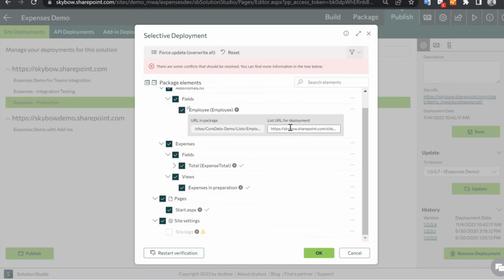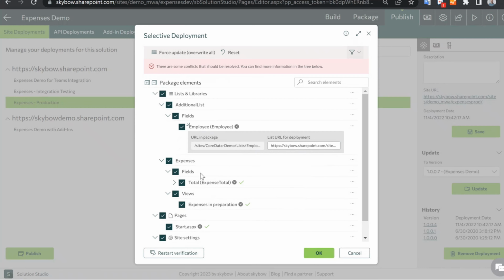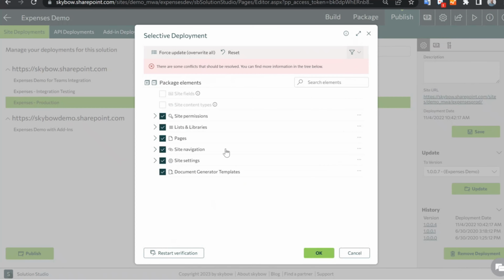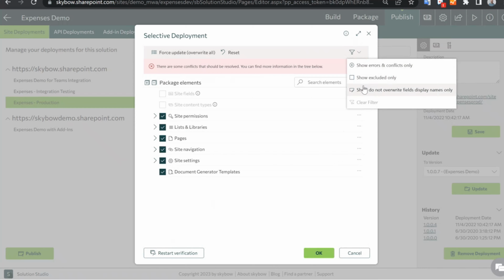This is already resolved. Here it's a cross-site collection lookup. I have to provide another URL, which will work. And then I can go back and say clear. So I would see everything again. On the lists, that's something